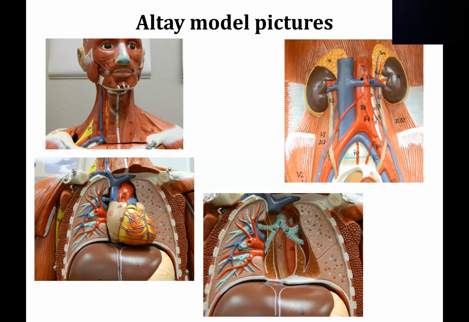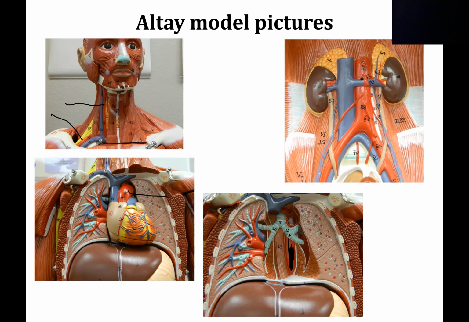Okay, so external, you can see the right common carotid artery, and you can see the right subclavian artery. With the heart in place, you can see the aortic arch. Without the heart in place, you can see the thoracic aorta going behind the bronchi there